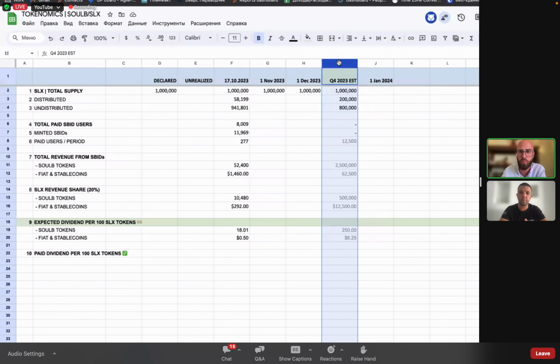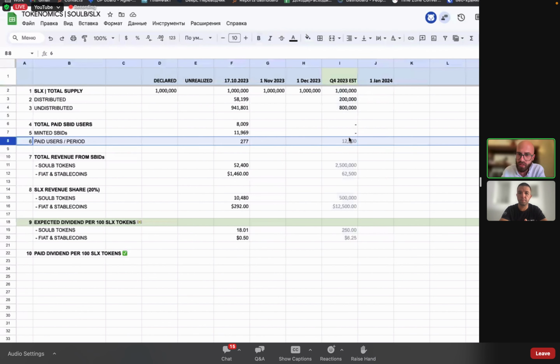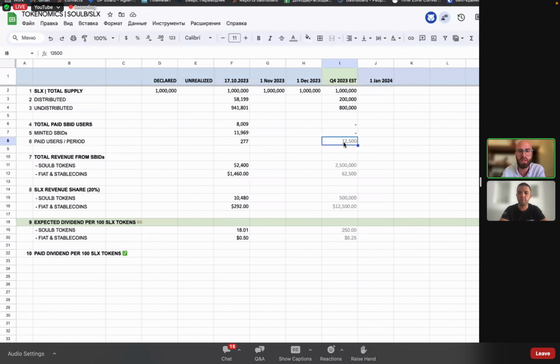And in this column, we provided just our expectation. So if we get 12,000 new people that will pay in this quarter for SBAD, you will have a different outcome. It will have, as you can see, much more dividend distribution in SOULB tokens and in fiat and stable coins. So what is important here depends on your activity, your promotion, your minting of the SBAD, and your sharing of this webinar and information about the Soulbound ID company, project and developments. This influences the final result for the investors and the dividend payouts,